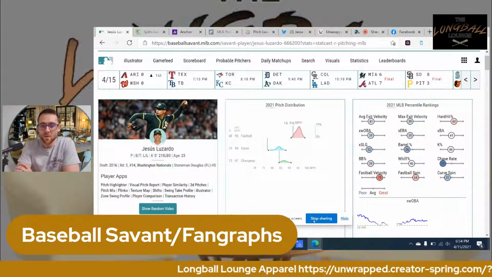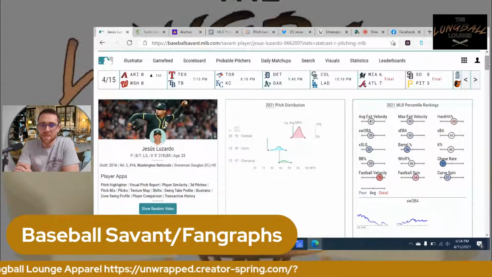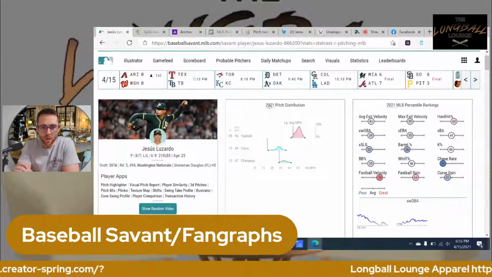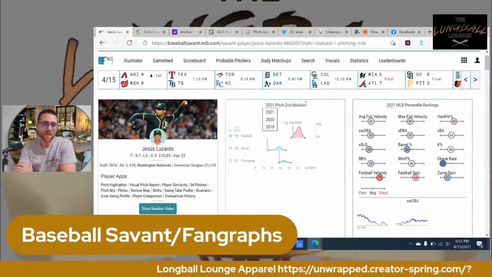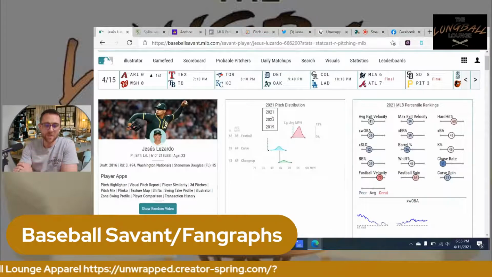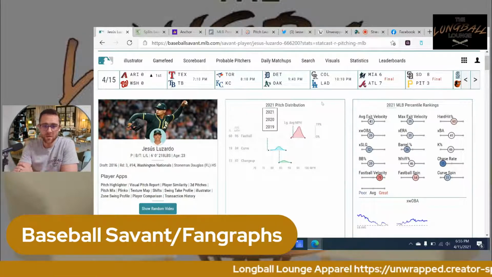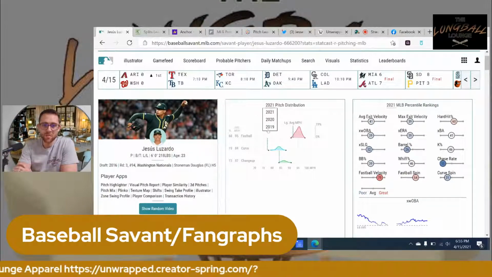Okay, so right off the bat, when you see this, you can see what his pitch distribution is for 2021. You can hit this icon, it'll take you to 2020, 2019. Obviously, more sustainable data is going to be comparing year to year. So 2021, we've only had two weeks of baseball as of today. So there's not a whole lot of data that's going to be super predictive, and it's not going to be sustainable. So if you want to see prior years, you just go here.